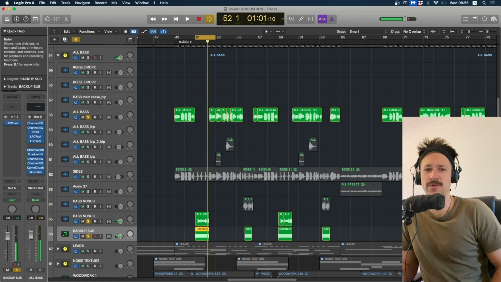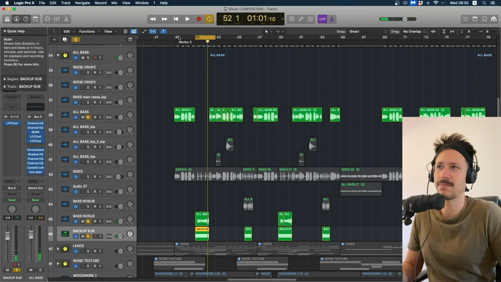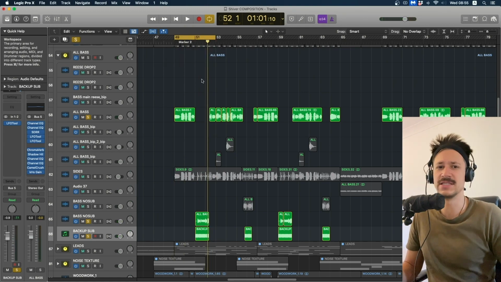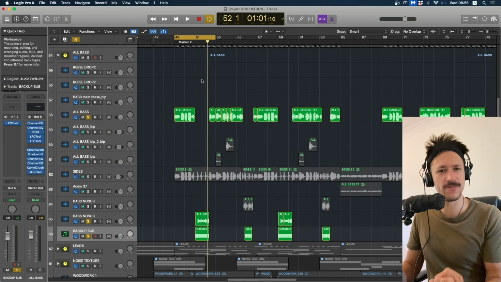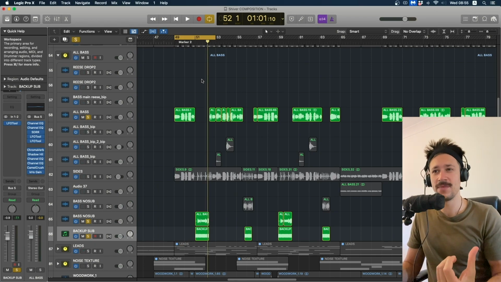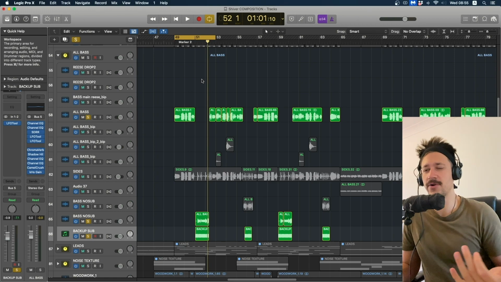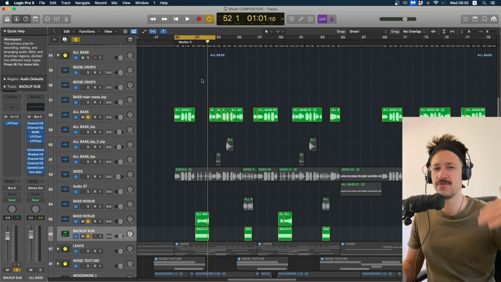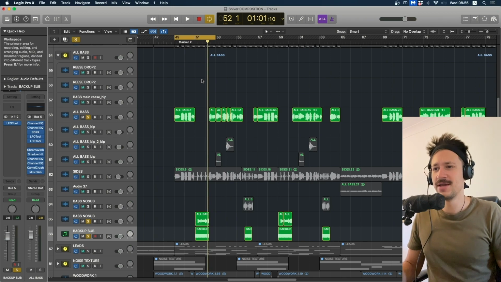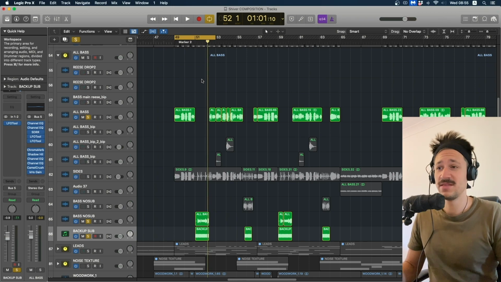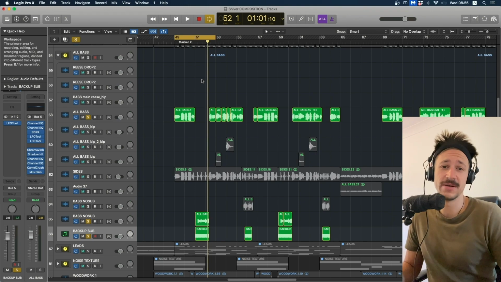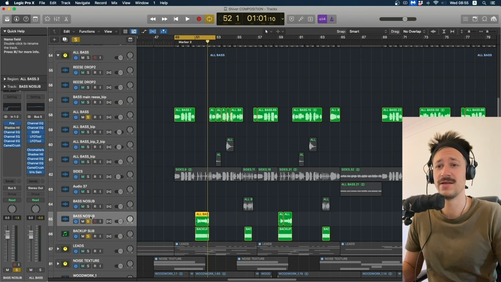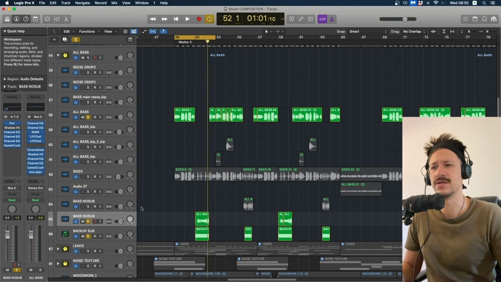So my philosophy with layering up sine waves and sub basses underneath is: is the original sound good enough? Does it have enough weight and sub down there? If so, then you don't really need to worry too much or waste too much time redoing the sine wave just to get it 1 or 2% cleaner or better. If it's not good enough, then quite simply just add another one in underneath and EQ the top one out, so that the